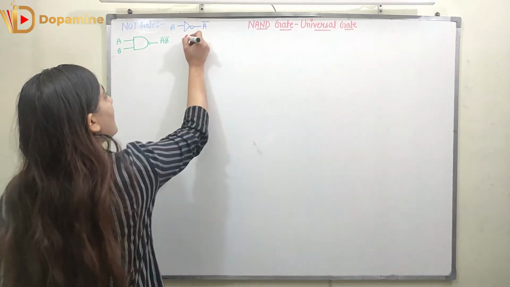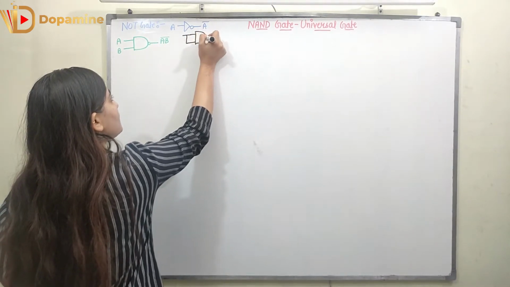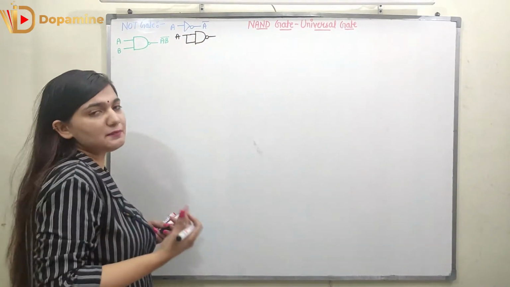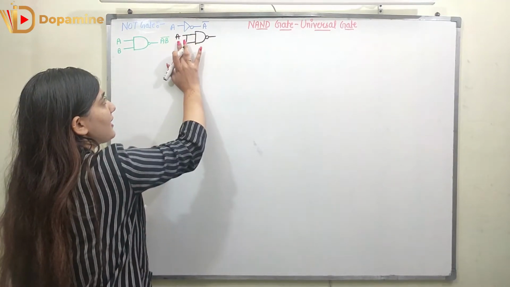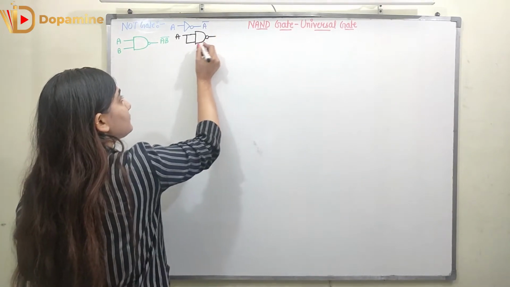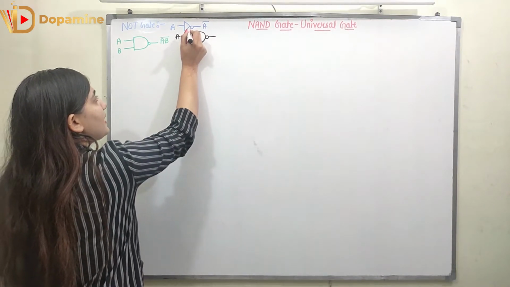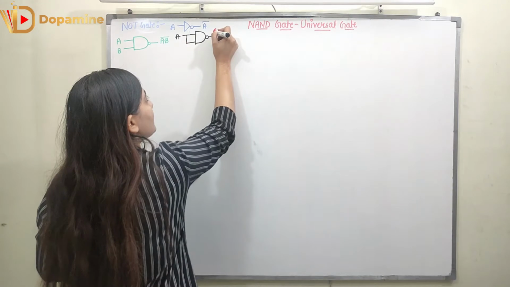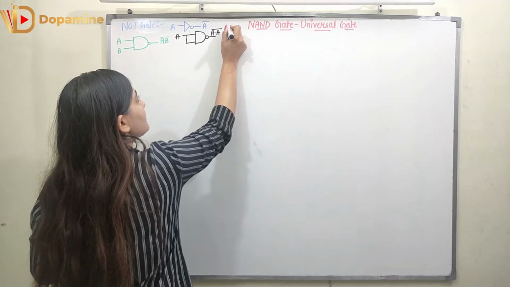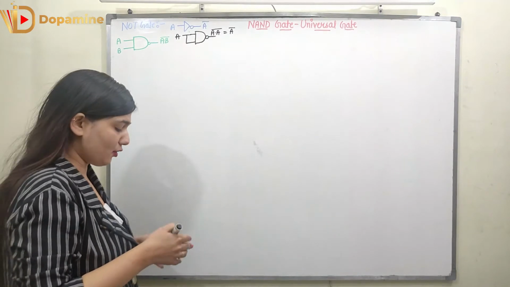What I am going to do, I am going to short the two inputs, combine the two inputs and I am going to get the input as A, because only one input is present in the NOT gate, right? Here what I have done, I have taken the input as A, I have clubbed it and I have supplied it over here. What will happen? The output of the NAND gate is AB bar. The input over here is A, the input over here is A. So the output over here will be A into A bar. A into A is A only, which is A bar. So this is how simply we can use the NAND gate as a NOT gate, right?